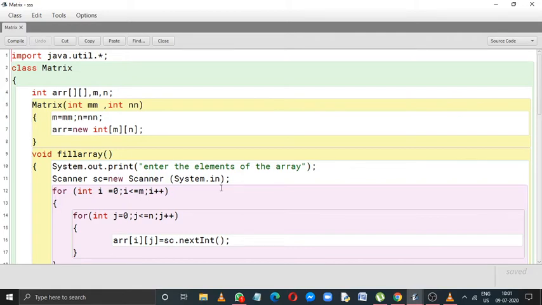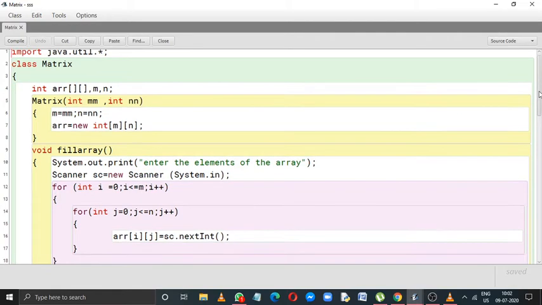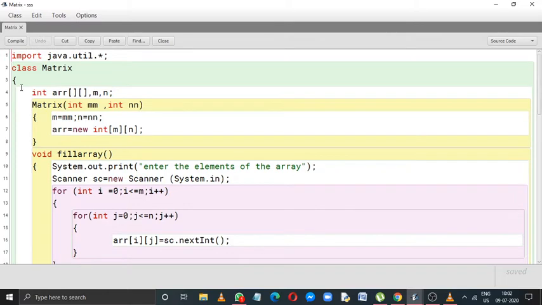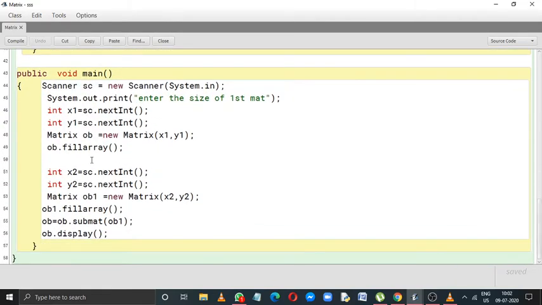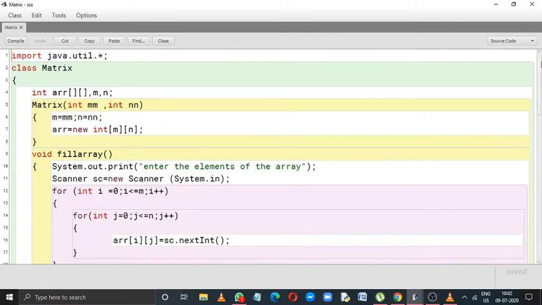Now, suppose you consider this program. Here I have a class variable int arr[m][n]. In the main function, if I create separate objects like ob and ob1, then both ob and ob1 will have their own personal copy of arr.